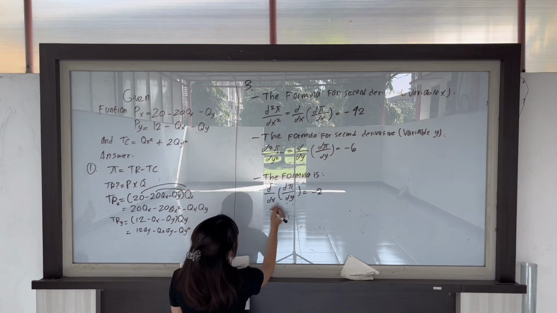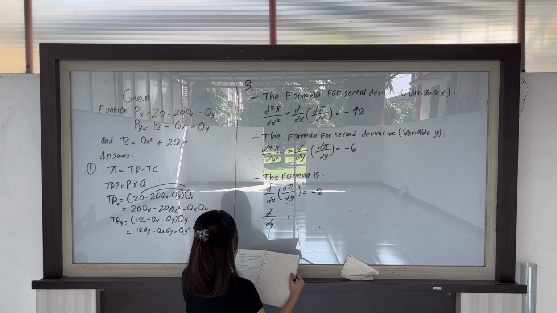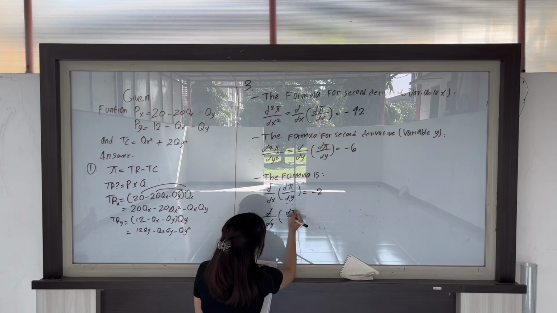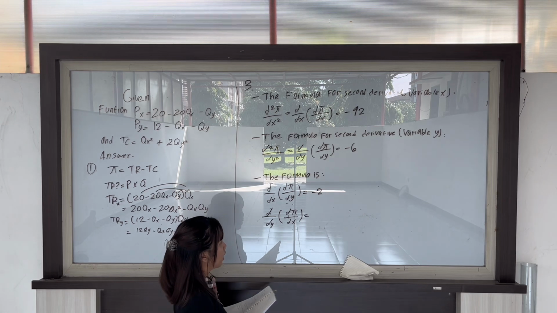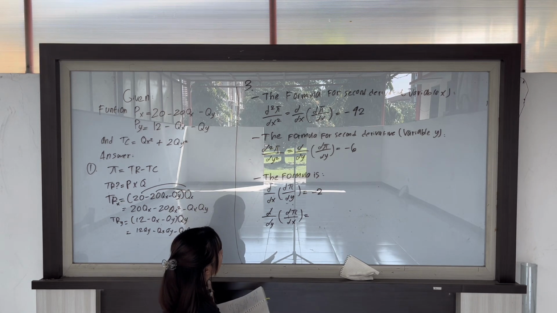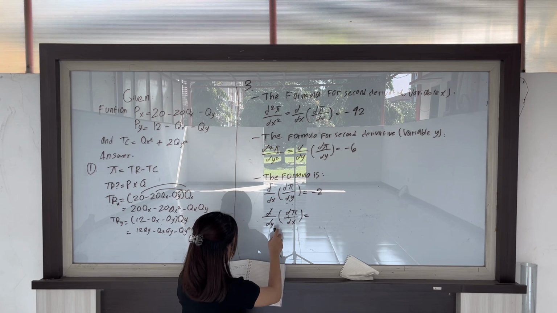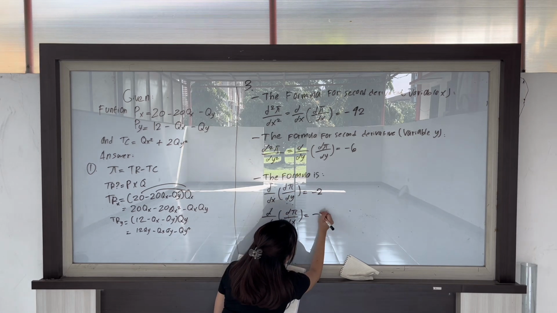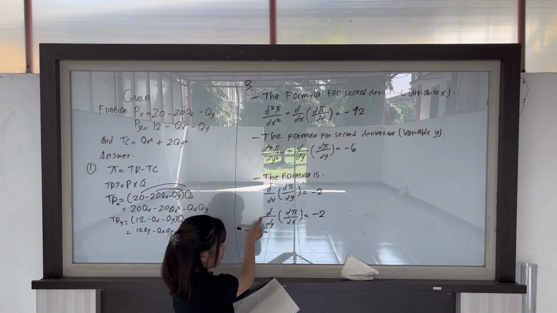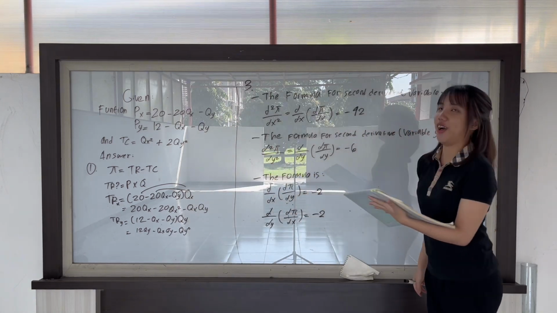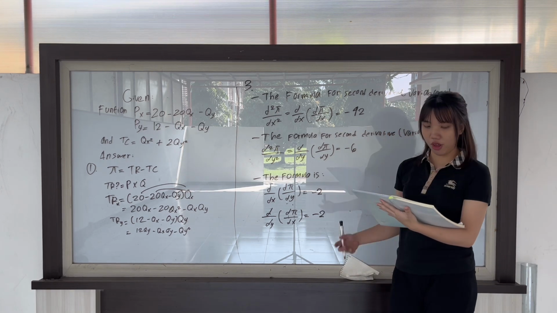The second formula is for variable y: dou over dou y of dou P over dou x. How to read that is the same, variable x in the first derivative of y. The result is the same, minus 2. So the results of these two calculations will be the same. Okay, that's all for my explanation of this question.